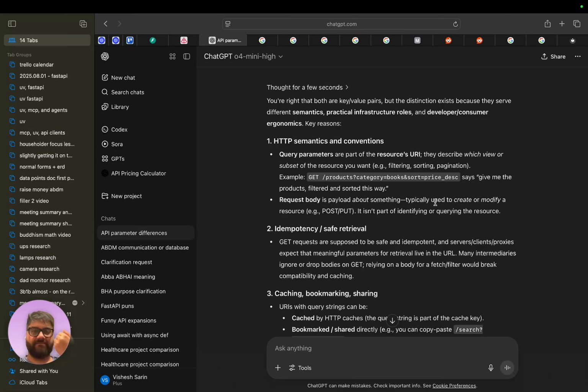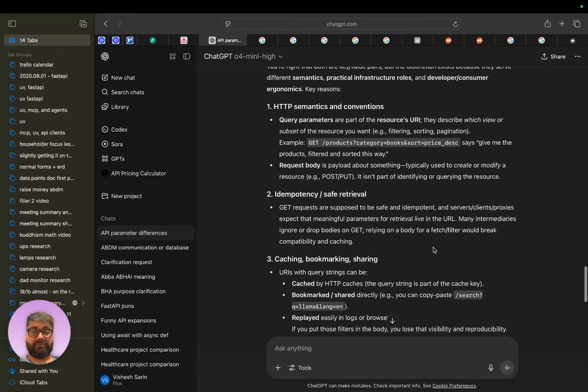It's just by convention, and if you do need a body for it to function, it just won't work in certain cases, because certain frameworks that people are using or certain intermediaries just don't support that. They just say, no, that's not how this is supposed to be, which is honestly a little unreasonably opinionated in my opinion, but for some reason socially we've all accepted this.